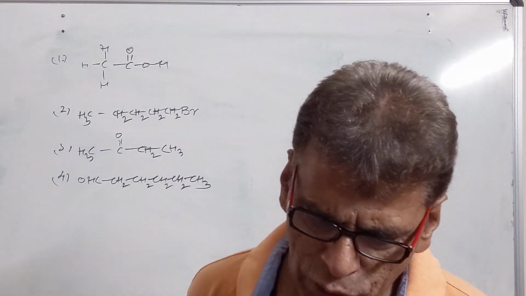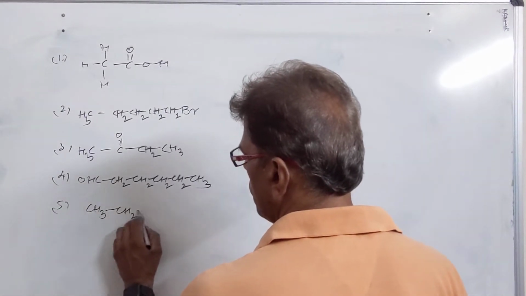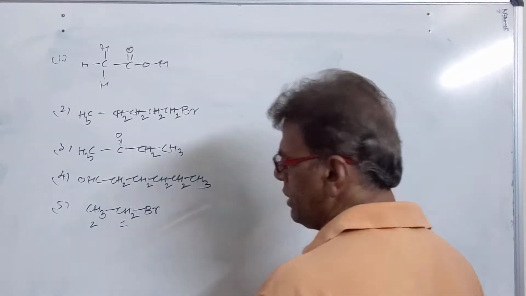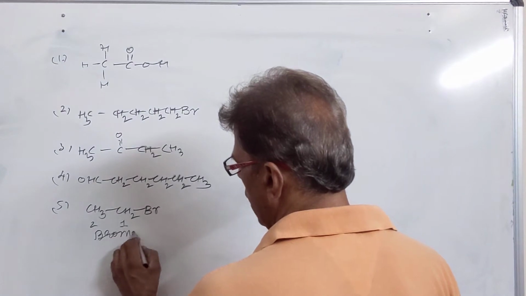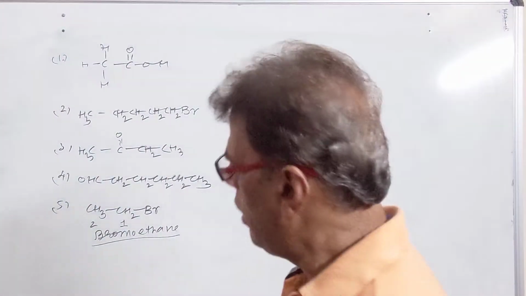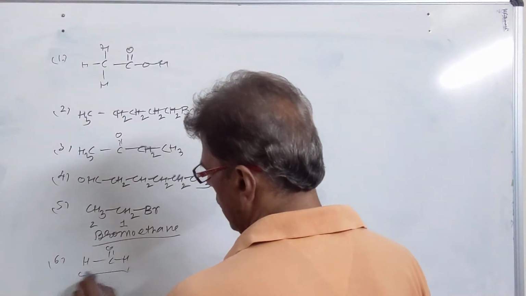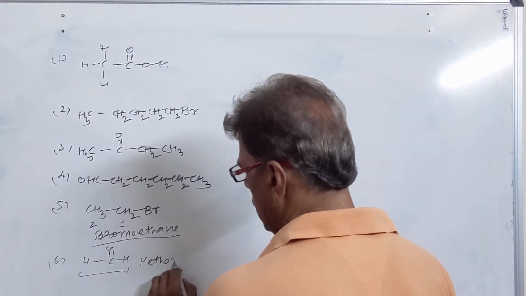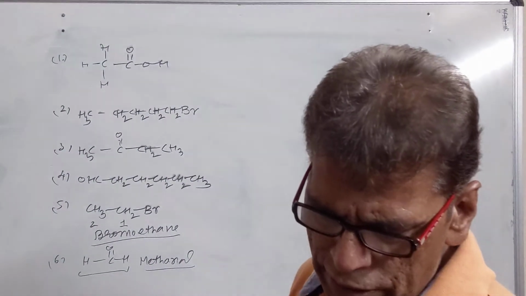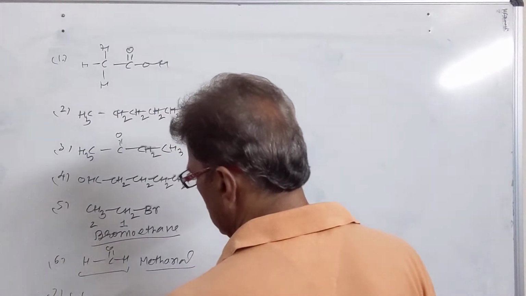Now how would you name the following compound, or what is the name of the following compound? This is the compound given to you. First of all, select the longest chain and number it from the side where the substituent is present. So this will be bromo, 2 carbon alkane, ethane. This is bromoethane. Then we have another structure, that is HCHO. This is a 1 carbon compound, alkane, the suffix is 'al', so methane, the 'e' is replaced by 'al'. So this compound is methanal. Then we have the next compound, where we have a 5 carbon chain and carbon number 1 has a triple bond here.